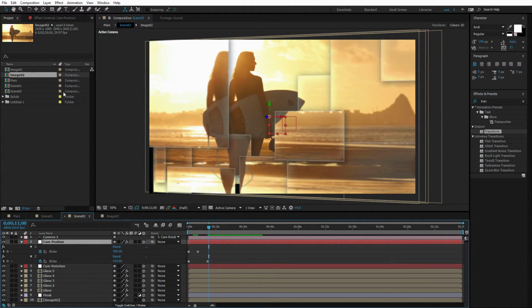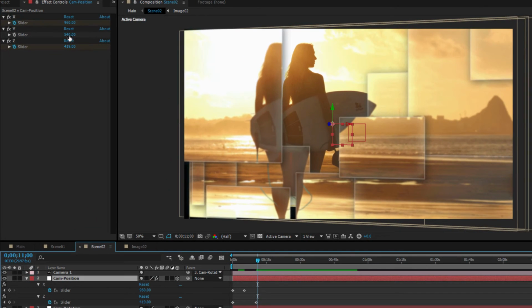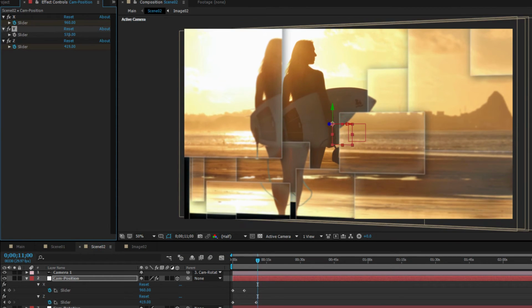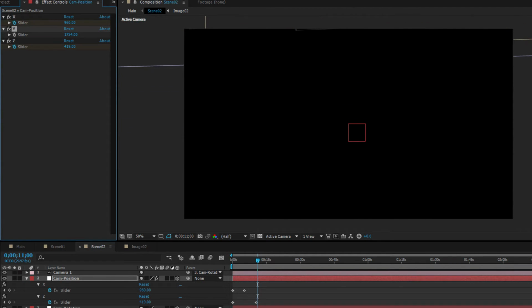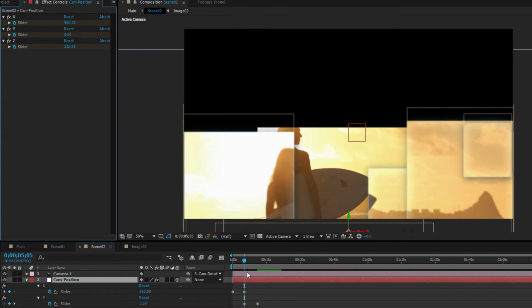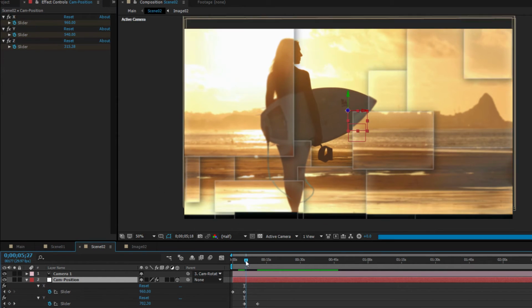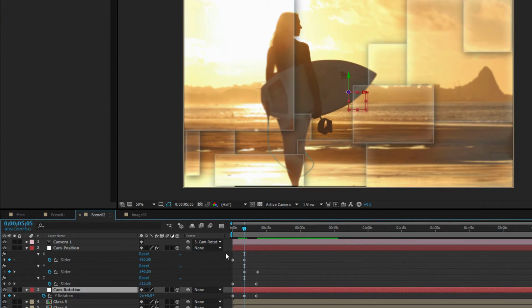So what I mean by that is we can now set the Y slider, let's say, move it upwards like so. So that's what I'm gonna do, I'm gonna move it up. Set that, move to the middle, and set it to 0. Now if we check, no, not 0, 540, yes. And now if we check, it's going up, but we need also to change the rotation for this, because it's